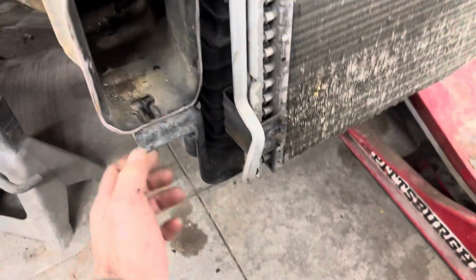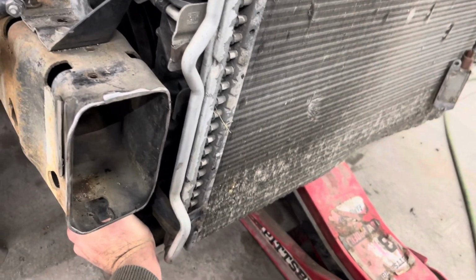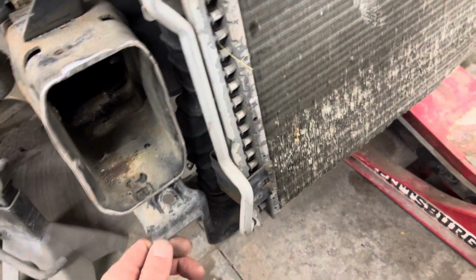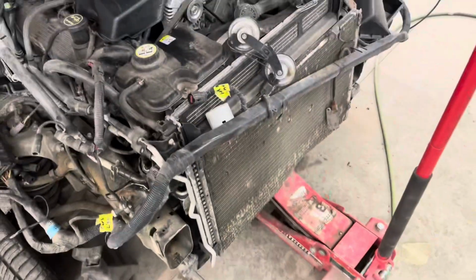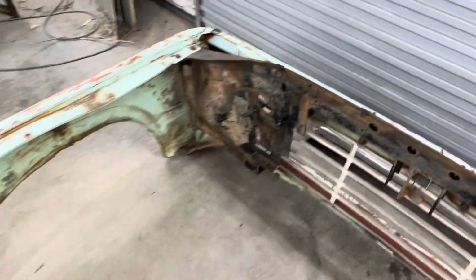this is the factory radiator mount. I need to push the radiator back so it's not like this, but it's sitting straight up and down. And it has 2 holes in it. So I'm just gonna drill some holes in there and tap them and throw some bolts in it. So yeah, that's what we're gonna do now. Get all that stuff done and clean all this stuff up. And then,